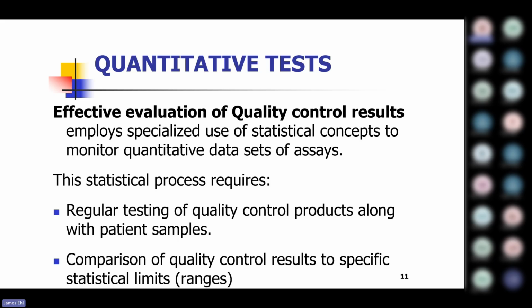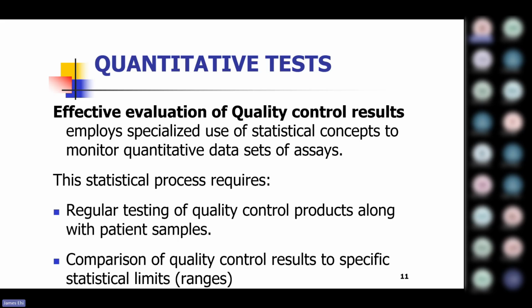If you want to understand how best to use quality control results, then the sets of data that you generate quantitatively, if you apply the use of statistics, it will help you to see the distribution of the data within that set. And this statistical process entails regular testing of quality control products along with patient sample and a comparison of the quality control result